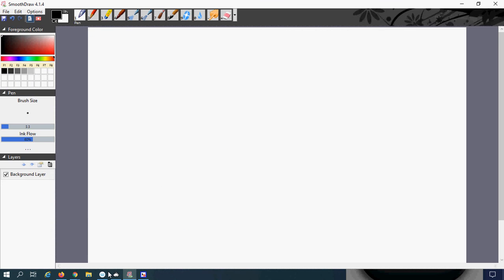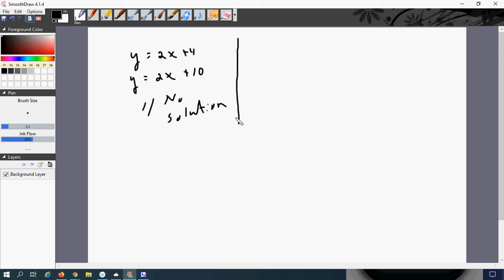If I wanted two lines that were parallel, like we learned in the past, I could make one up. We could say y equal to 2x plus 4, and then we have another one, y equal to 2x plus 10. These are both parallel lines, so we have no solution. If we try to solve that, we're not going to get a solution. Now, if we are looking for ones that are one line on top of the other, like we saw in this previous problem,